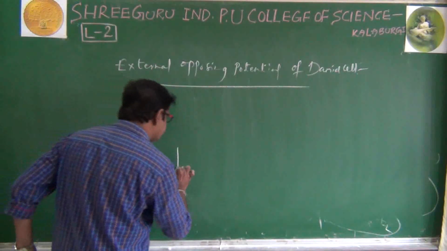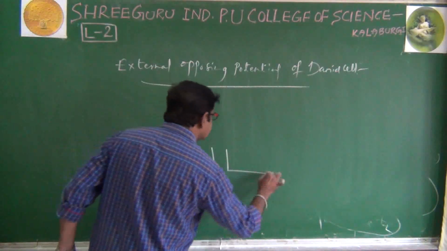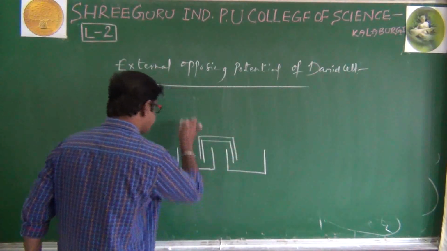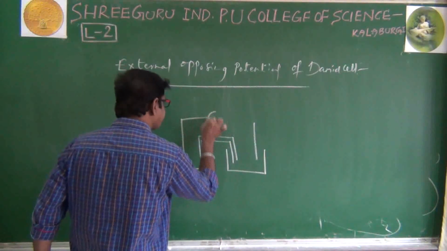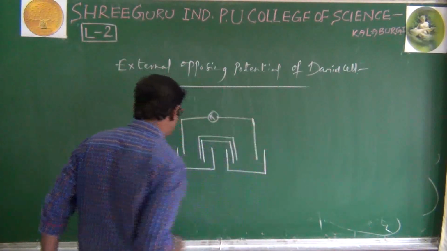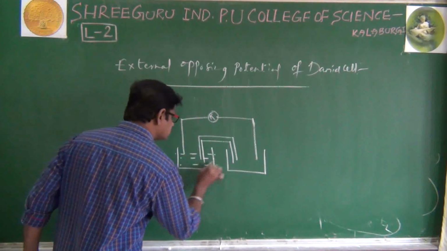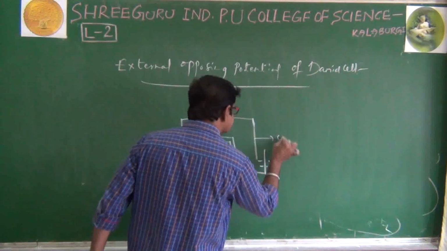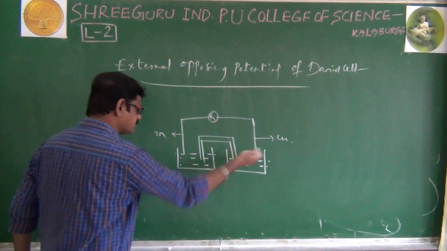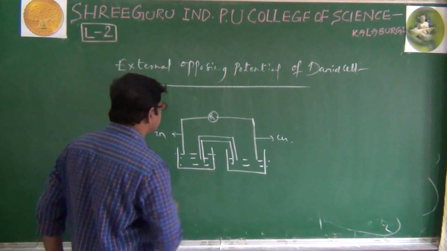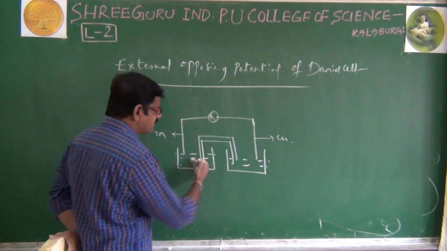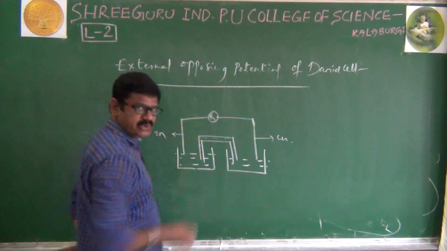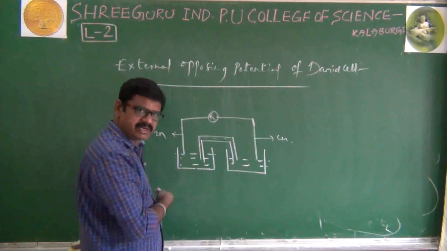Just we'll see. For that purpose, once again we have to draw a rough diagram of a Daniell cell. It is a zinc electrode, already known to you. It is a copper, here anode, it is cathode, remaining process as it is. Now, because of oxidation as well as reduction, here current is produced, that we can observe with the help of this voltmeter.